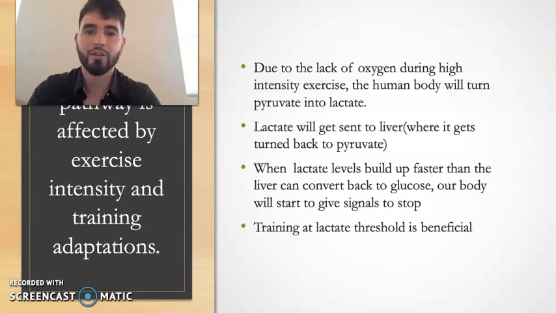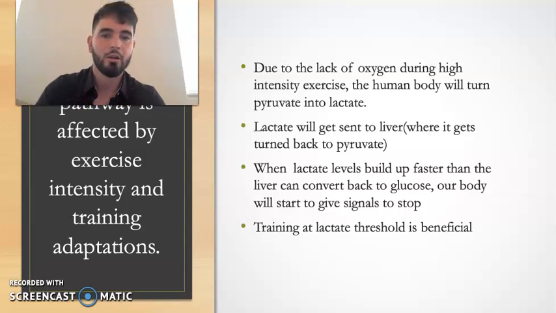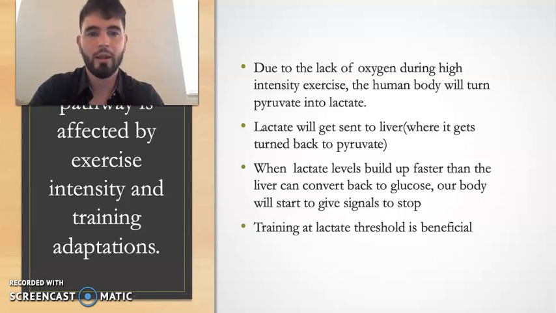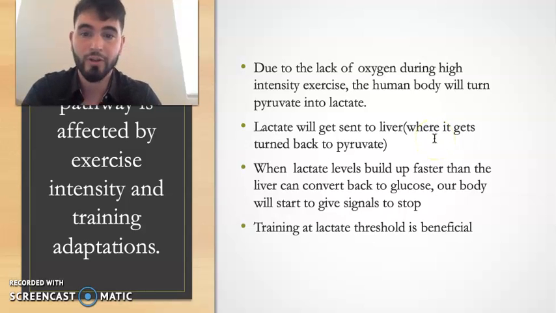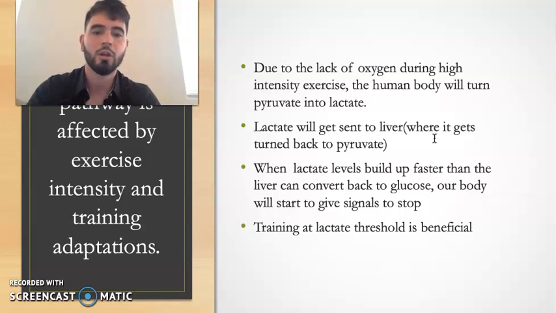If we were doing an exercise that's much slower, maybe a 2 mile run, there will be oxygen to keep producing pyruvates, and then our pyruvates would turn into acetyl-CoAs at a much slower pace. During high pace efforts, our body will need lactate. Lactate gets into the liver, and then it gets reversed again into pyruvate and glucose, and then back into the muscle. It's a continuous cycle, as we learned, the Cori cycle.